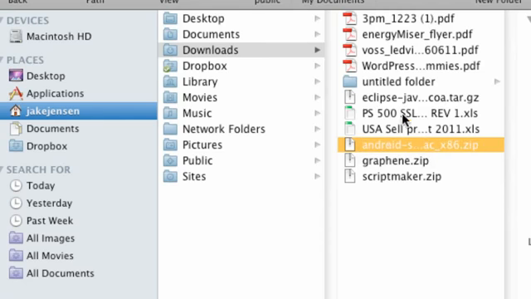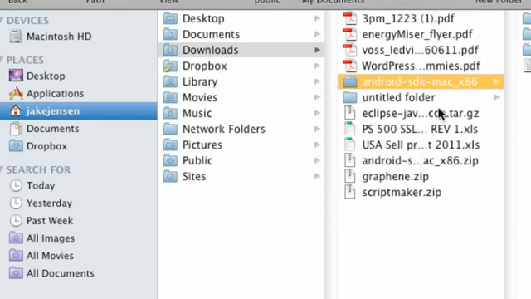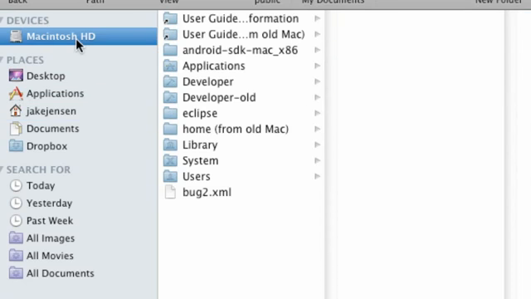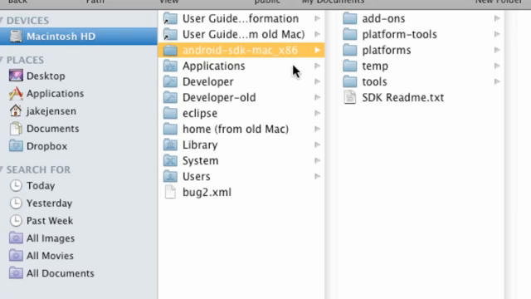So I clicked that, and it basically made a folder right here within the same download folder. And you want to drag this over to your main hard drive, for example your Macintosh hard drive or your C drive if you guys are on Windows. And as you can see, it's right here. What we're going to do now is open this up,